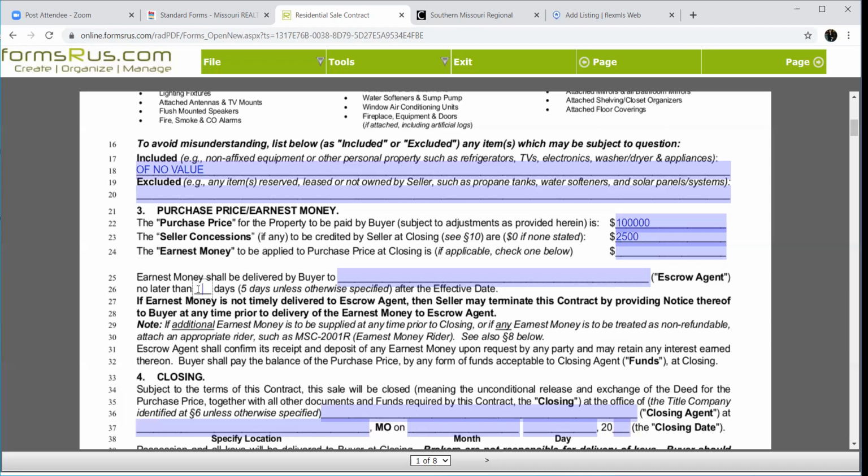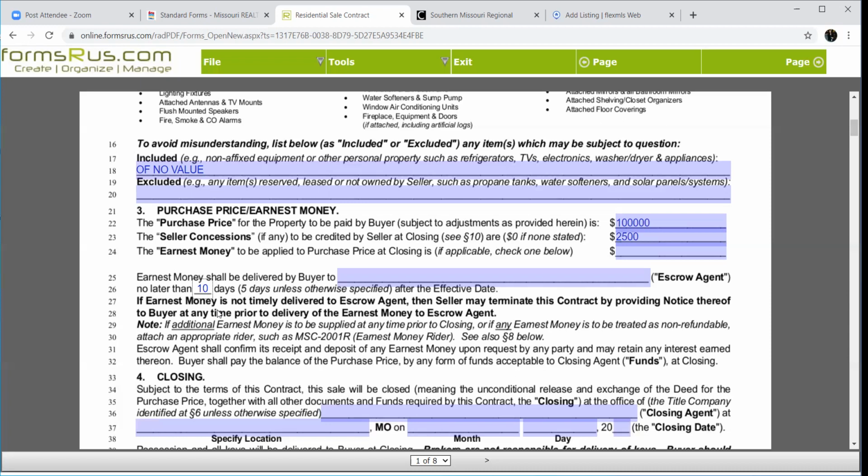The reason they shortened the time period is because buyers were hedging their bets. They would try to get their inspector in there really quick in the first 10 days, and if the inspection didn't go well, then they never offered that earnest money. That way, when they tried to get out of the contract, they didn't have to go get it back. So they've shortened the time period to say, if you're serious about giving us earnest money, get it to where it needs to go. And you can change that time period here. If you want to make it 10 days, you can, but it defaults to 5 days.